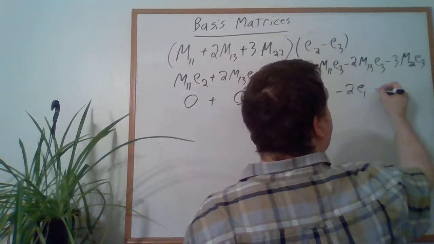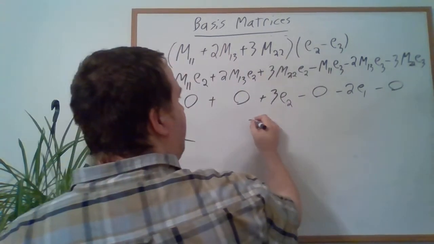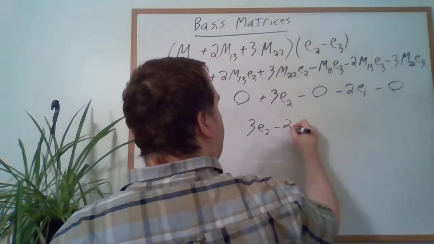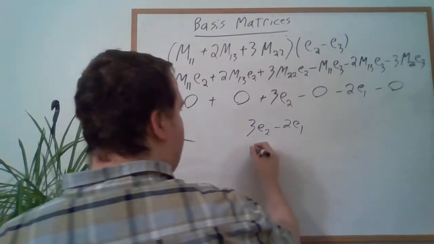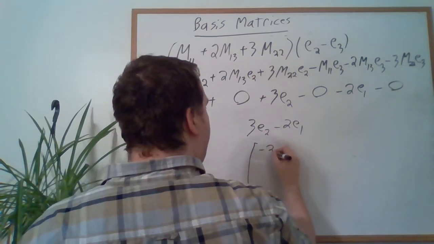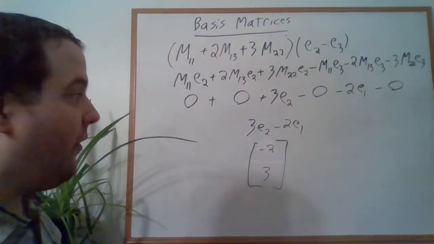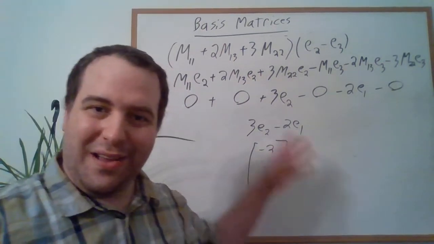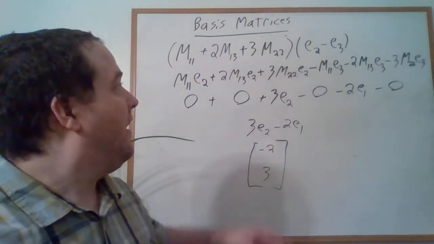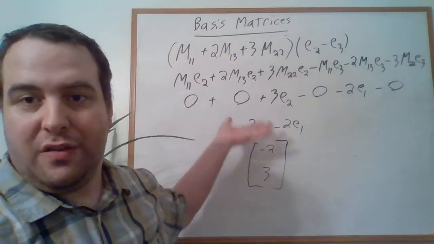And then this term here is also 0. So we're left with 3e2 minus 2e1. In other words, this vector here. So in case you get confused about matrix multiplication, you can just do this to do any